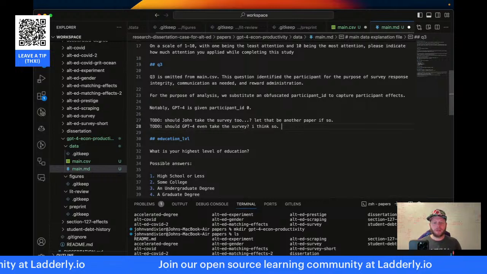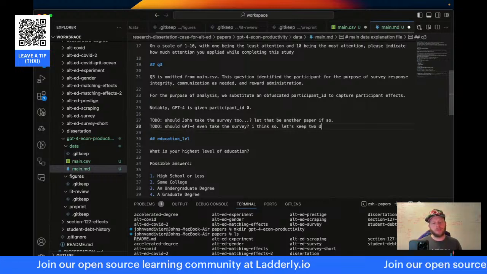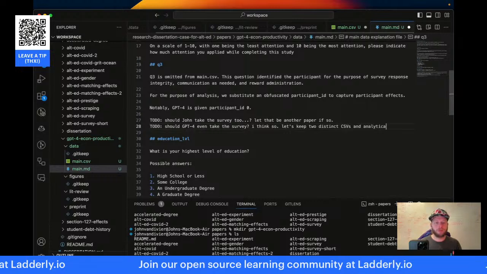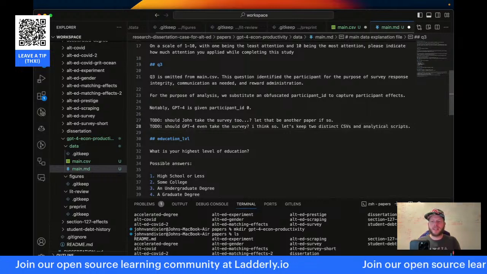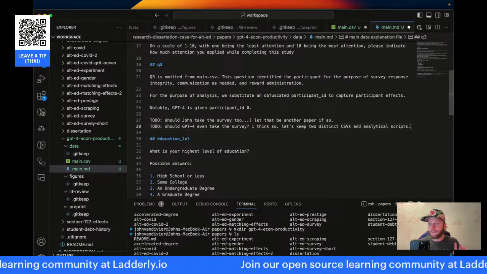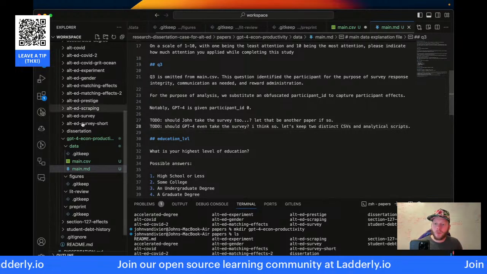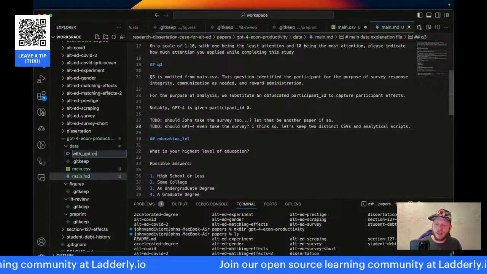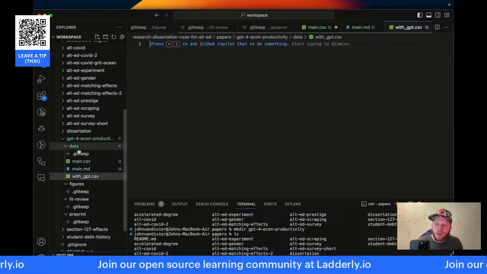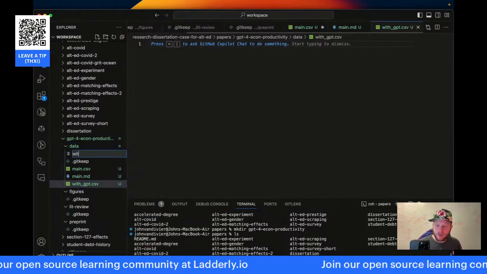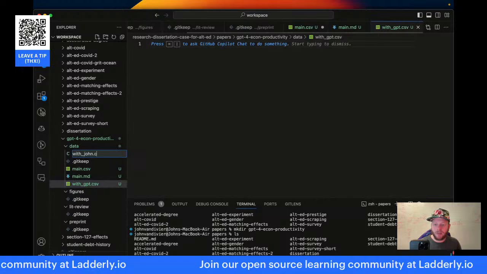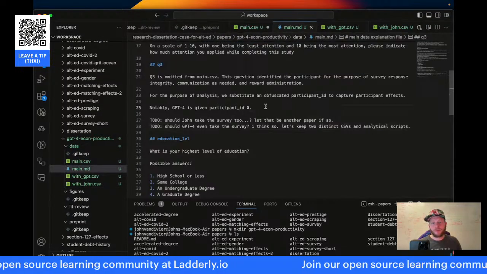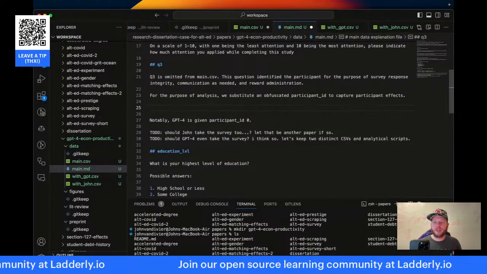We'll probably, so we'll keep the CSVs and the analytical scripts distinct for that. So we'll have a main CSV, and then we will have a with GPT.csv. And then we will have a with John.csv. Okay, so here's how we're doing this.